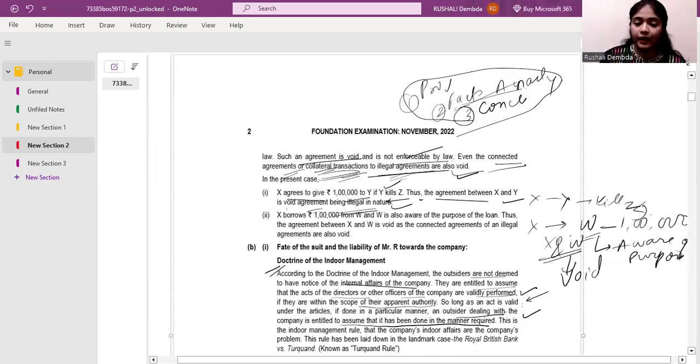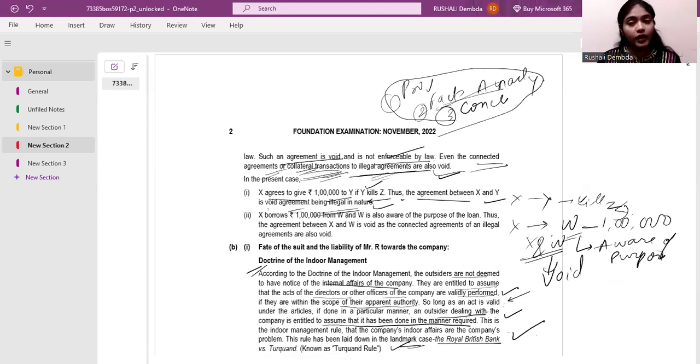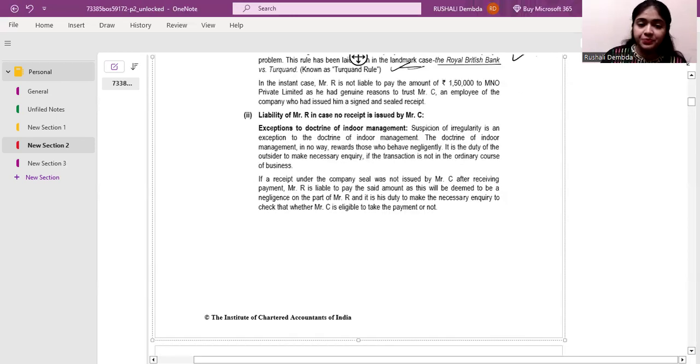Okay. Now, what they have also given in this answer is the reference to the landmark case. If you remember it, give it, or else it is not necessary to mention it. As much as you remember, you have to mention. Just write the provision correct, the doctrine correct. Okay. Then what we see further is, in the instant case, R is not